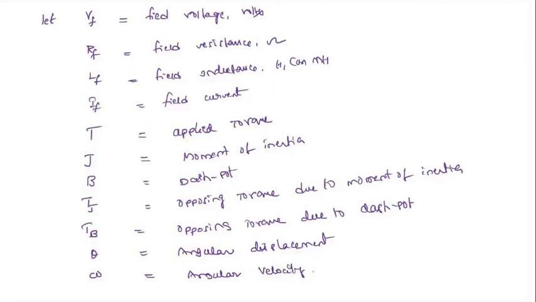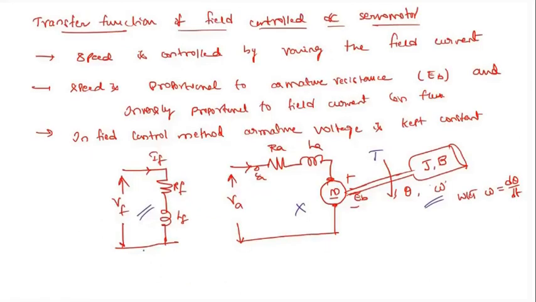So these are all the terms which are required to find out the transfer function of the field controlled DC servo motor. Now let's start the expressions. Before we start, we need to look over these circuits. You can apply KVL to the electrical circuit and write one mechanical equation. Only two equations, one here and one here. One more is the torque relationship. That is three equations we are going to write now.